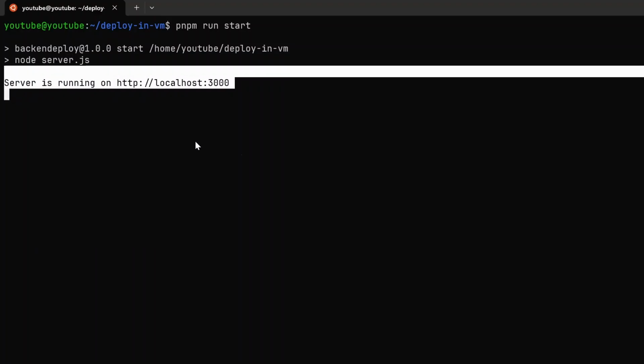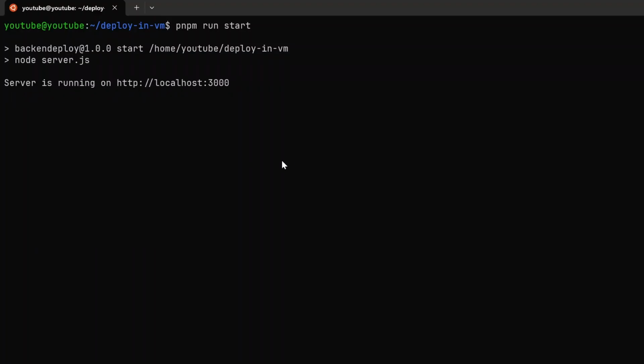Correct. Now, if you remember, we have to enable port 3000 in the firewall. And also we have to create an inbound port rule. So let's do that before we actually check the response. Right now, if you try to get the response, it's not going to work because the firewall is blocking port 3000. So let's cancel this out, let's clear it out, and we're going to run this command